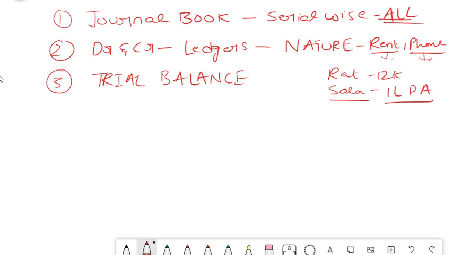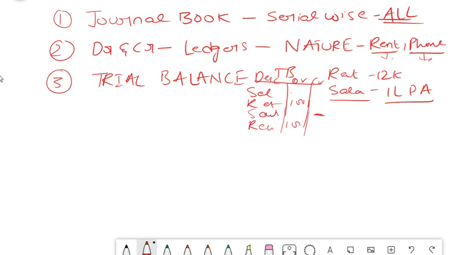So your trial balance will look something like this, which I have already discussed. It will have the description, and it will have the debit and the credit. For example, salaries expenses will be shown on the debit side. Rent expenses will be shown on the debit side, whereas sales income will be shown on the credit side. Just the concept of your nominal account. At the same time, for an asset or liability account, for example, receivable will be shown on the debit side because an asset has a debit balance. Payable, if any account is there, will be shown on the credit side because payable is a liability. Balance sheet liability means credit balance. So your TB looks like this, and the total of your TB should match. If it is 1000 here, it should be 1000 here.